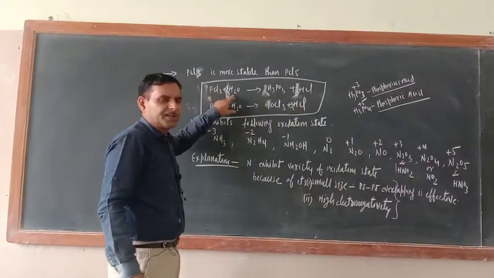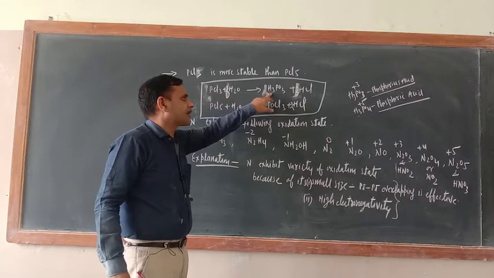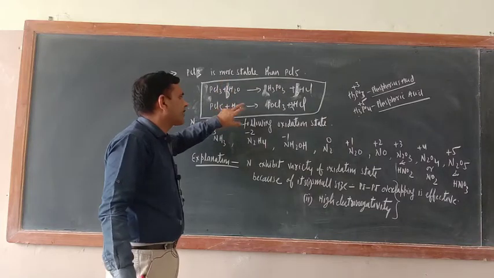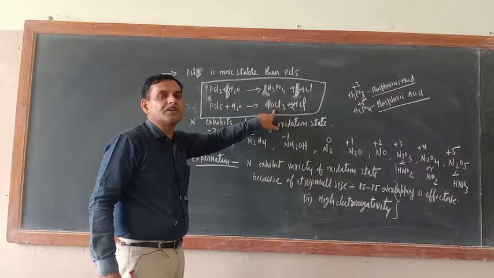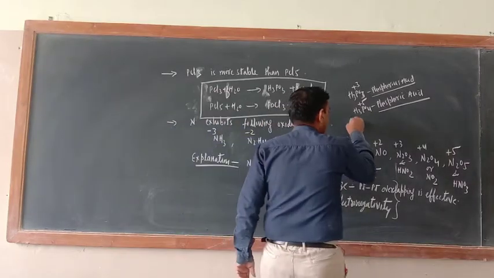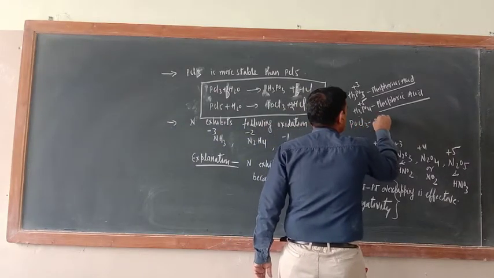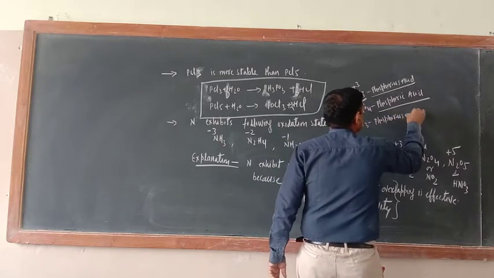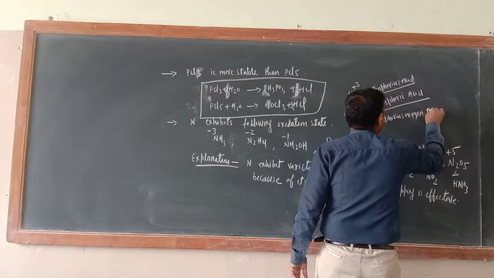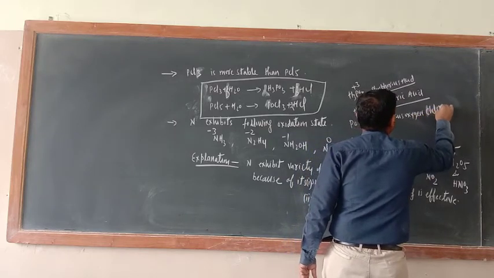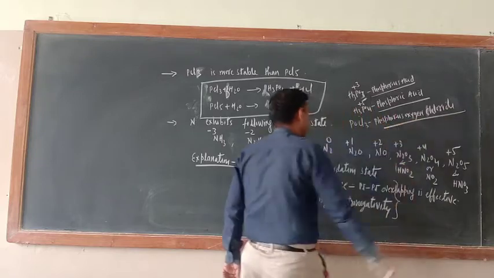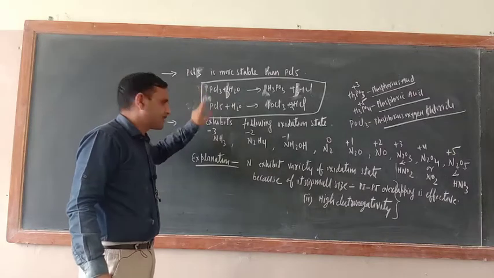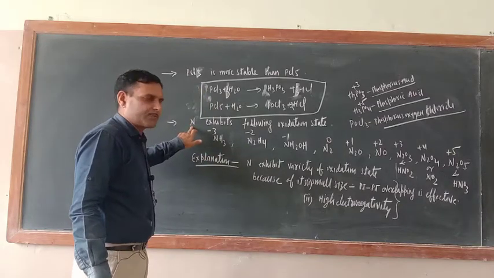So when PCl3 reacts with the water, one product is phosphorus acid and hydrochloric acid. But when PCl5 reacts with the water, one product will be POCl3. What is POCl3? POCl3, phosphorus oxychloride. Remember this one, phosphorus, oxygen, chloride, okay. So now this issue is over. Please remember this reaction. Now there is one more aspect.